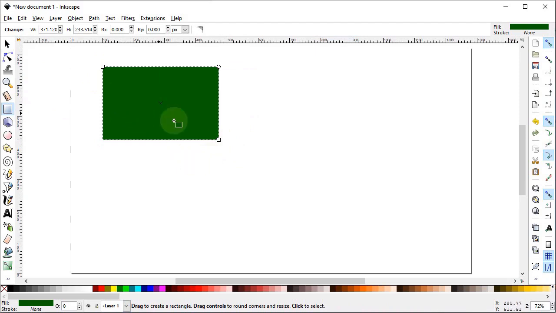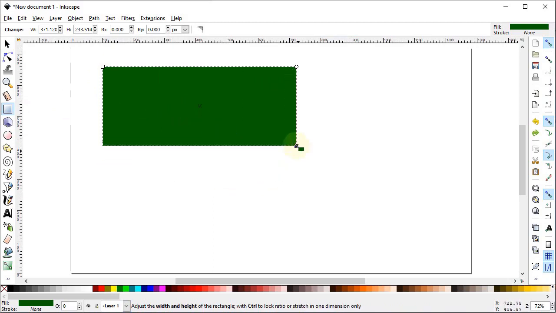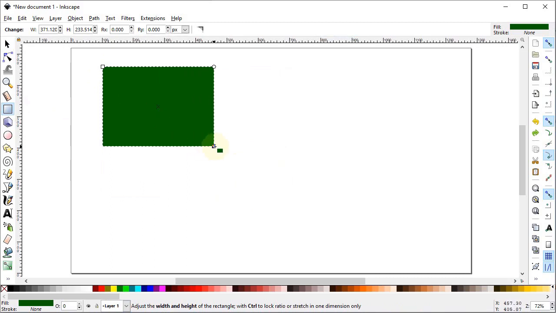In the rectangle there are 3 icons which are appearing. 2 are rectangular and 1 is circular. With the help of these rectangular icons you can increase or decrease the height and width of the rectangle like this. And with the help of this circular icon you can convert the sharp edges into round ones like